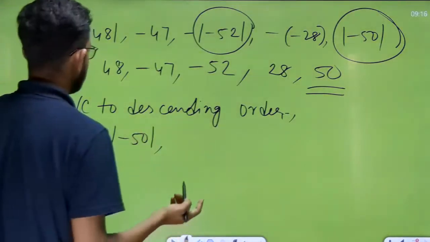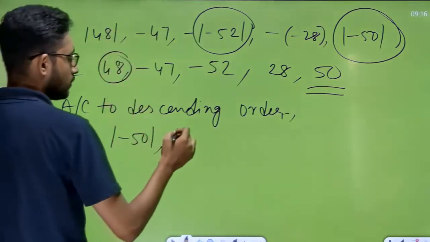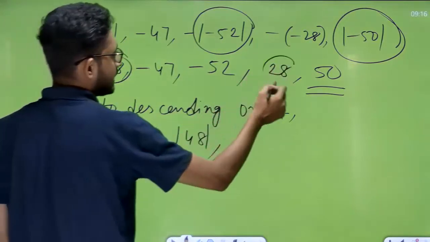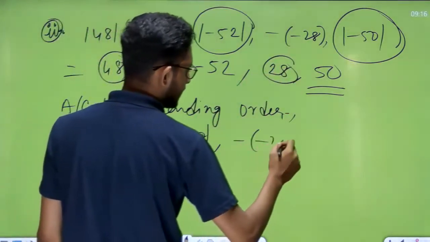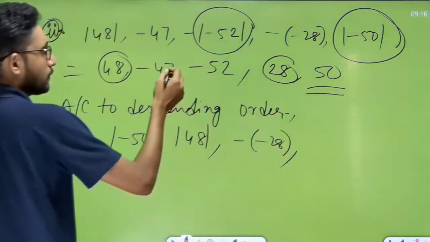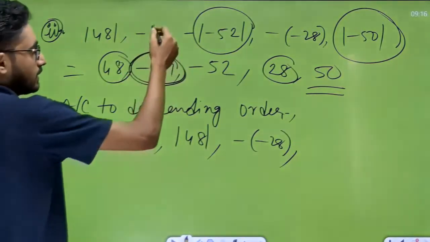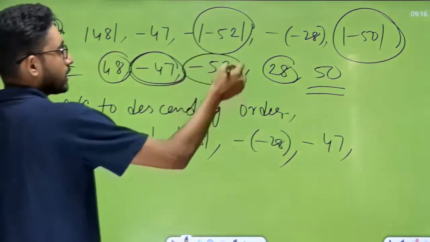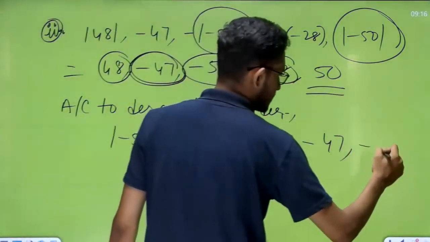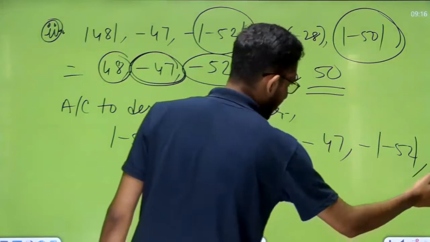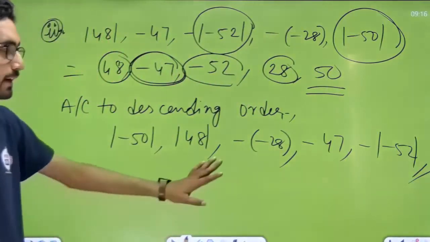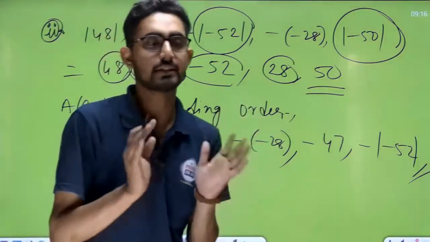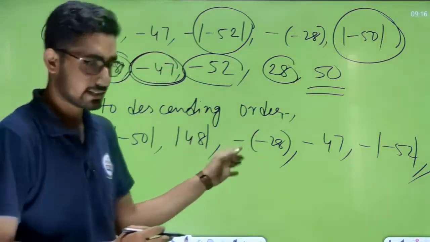Now next one 48. So this one 48. Next 28, minus ka minus 28. Next 40, minus 47, minus 47. Next 52, original value minus minus mod 52. So that is your complete answer. ये आपका fully complete answer है. Okay, understood all of you? Very easy questions. Okay, descending order that is completed.